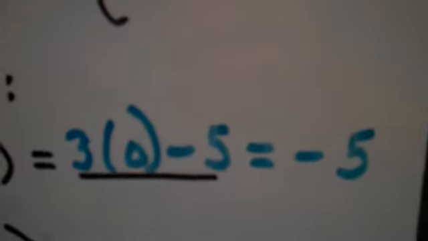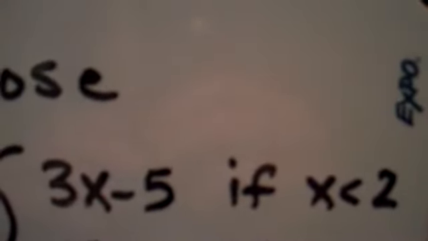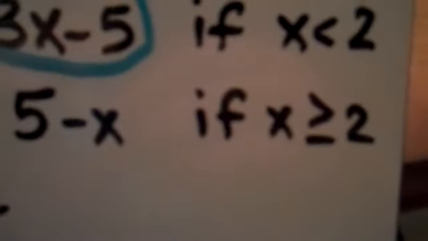So the reason I knew to use the rule 3 times x minus 5 was because I was plugging in a number that was less than 2. So I knew that this rule applied. Now, in my next question, I'm asked to find f of 3. Well, when I look back up at the function,